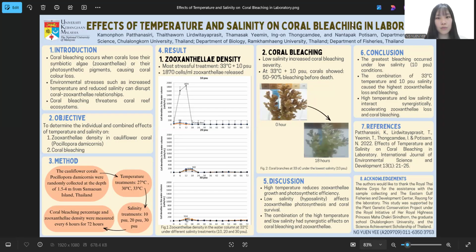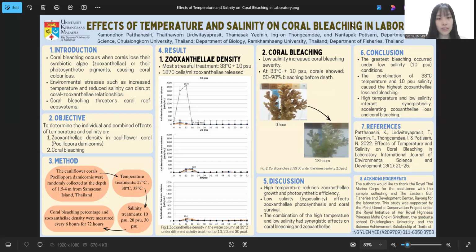Today, I am going to present my scientific poster titled Effect of Temperature and Salinity on Coral Bleaching in Laboratory. This study was conducted by Kamorpon Patanasiris and colleagues from the Department of Marine Science, Chulalongkorn University, Thailand, and